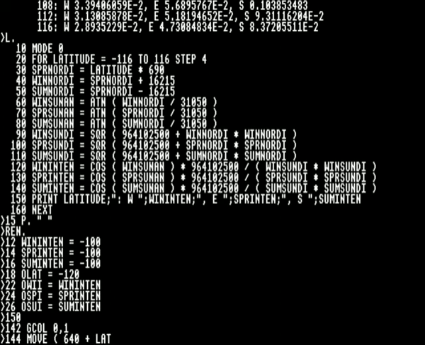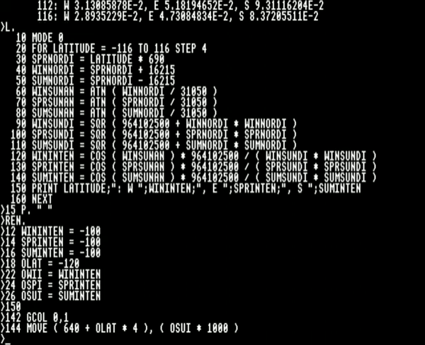Plus latitude times 4. Old latitude times 4. Not lat, old lat. 4, 2. Old, we're in red, so summer intensity times 1000. Draw to